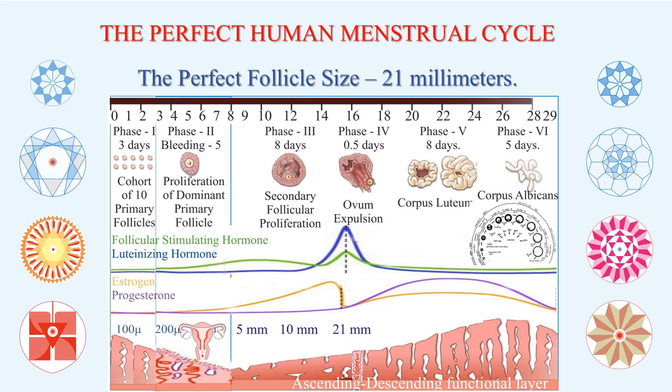Then you talk in terms of, say, ovulation, and then release of ovum, expulsion, and then 13 days of secretory phase. But with the help of Divyank and Tantra Vidya, I am able to show actually there are not 3 phases, there are actually 6 phases. The first phase, 3 days, is before the bleeding phase, when a cohort of 10 primary follicles originate, and that is